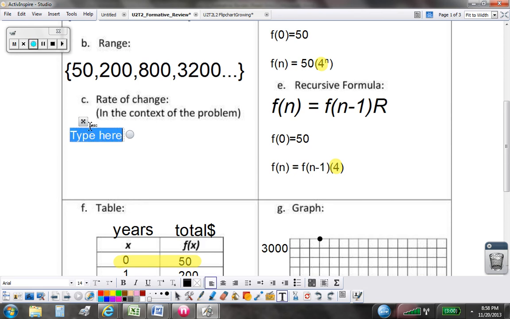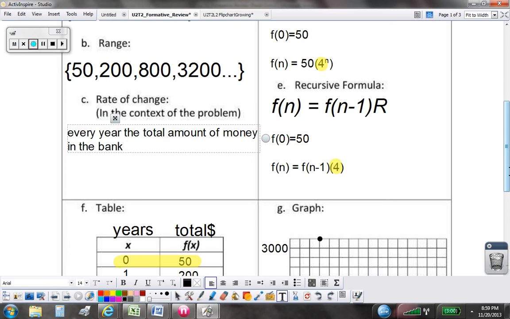Alright, the last problem here is to come up with the rate of change. Okay, what is the rate of change? Pretty much every year, the total amount of money in the bank is increasing by a rate of